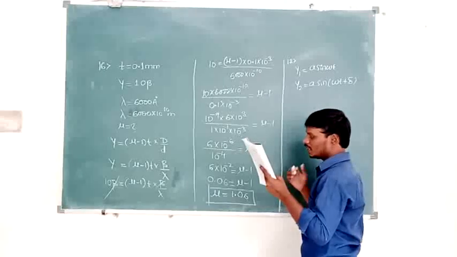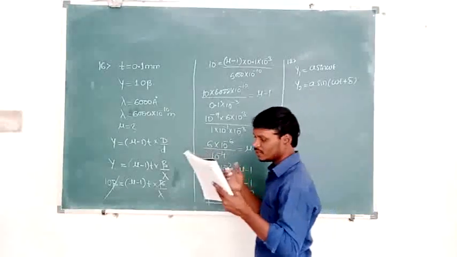So when they overlap, the phase angle of the resultant wave is...